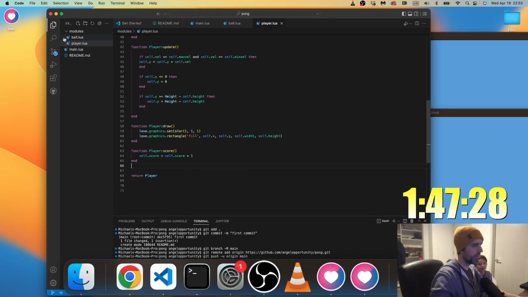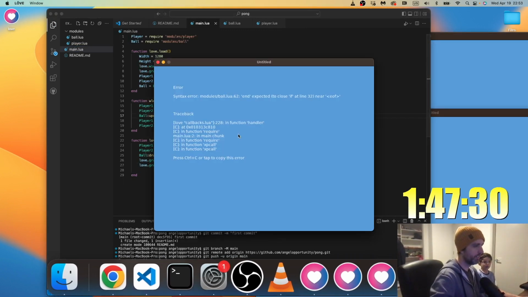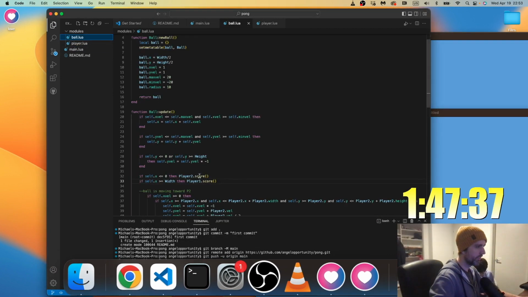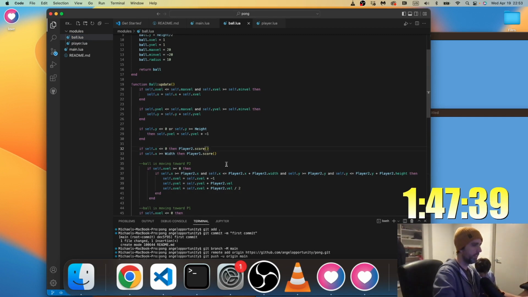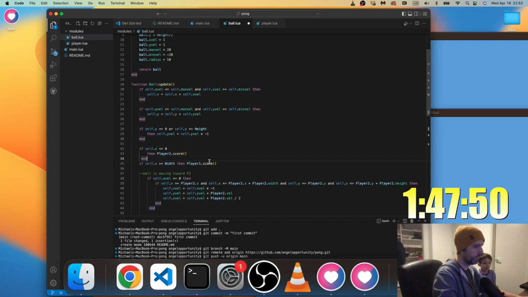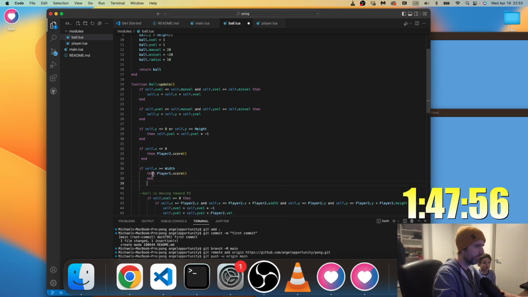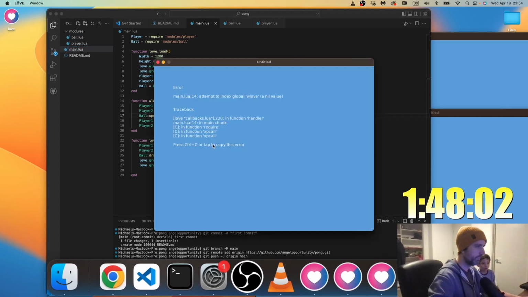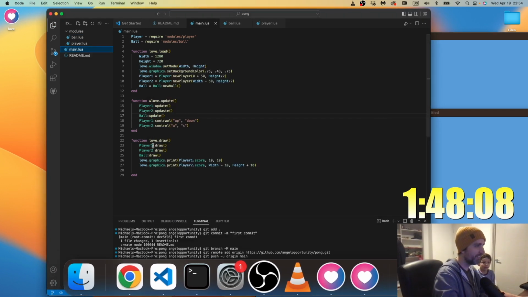It does the graphics stuff. What's at line 32 in ball? Something looks off there with that indentation. How did I get that W in Lua main 14?